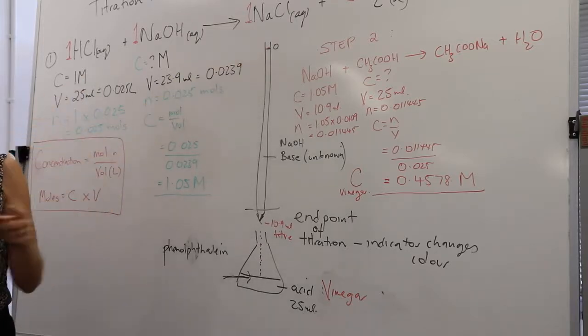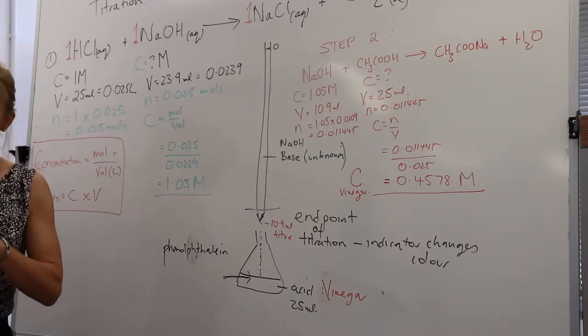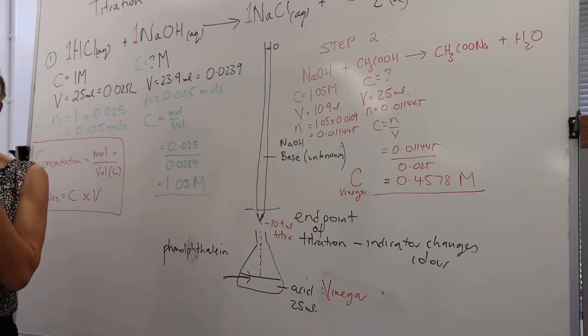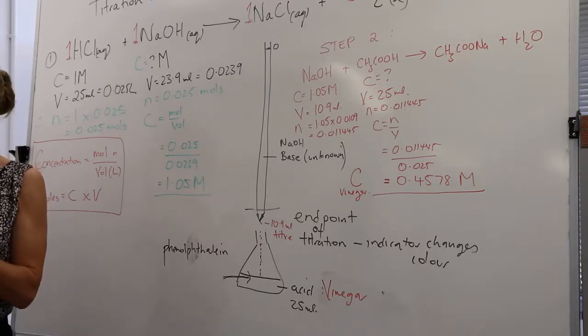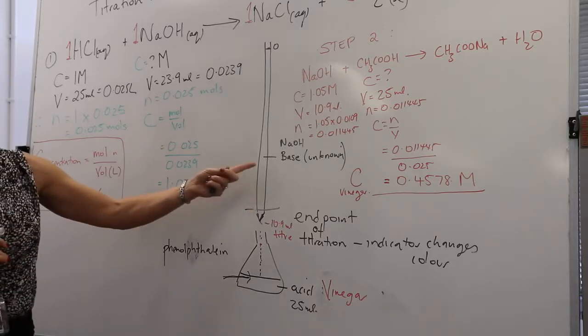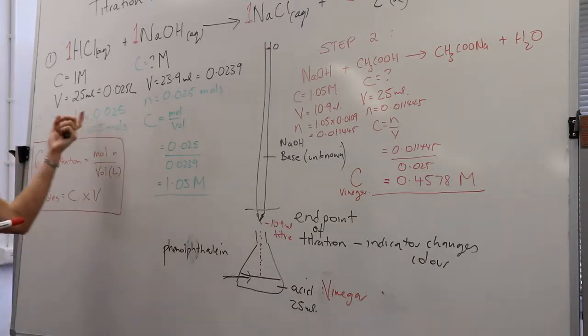So what we do is we dilute the vinegar by 10, a dilution factor of 10. You take 10 mils of vinegar, bring it up to 100 exactly in one of those little volumetric flasks, and then you take 25 mils of the diluted sample. That's what you do because we're using such dilute quantities. To fix that, you could use 1 molar instead of 0.1 molar, but we've got to go with what the prac has said and what they've given us this afternoon. So, handing over to here,